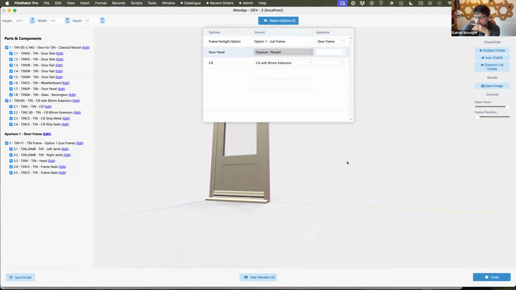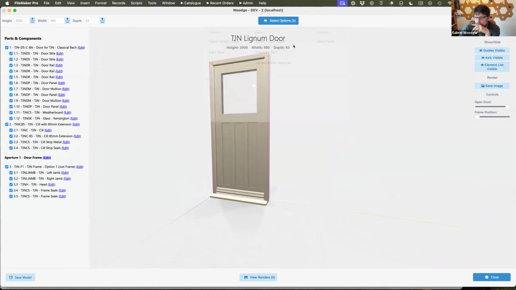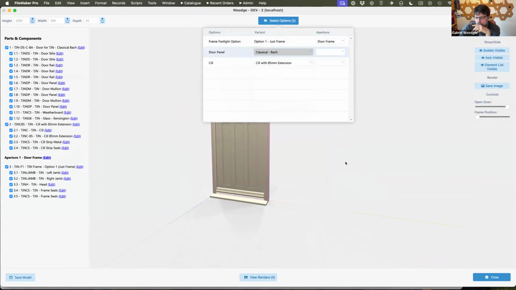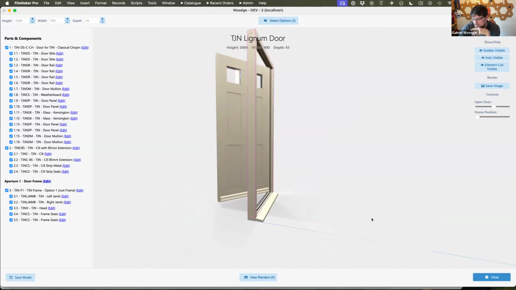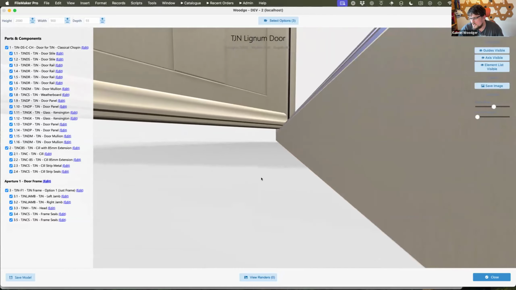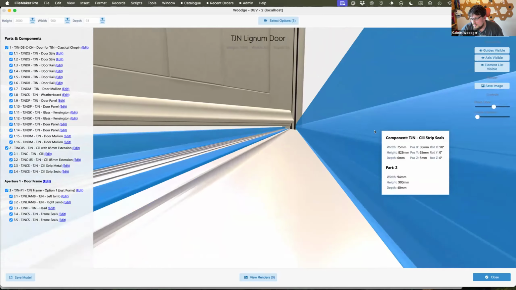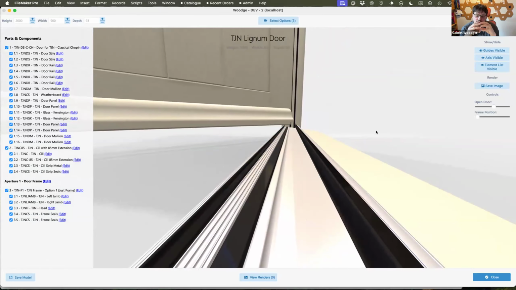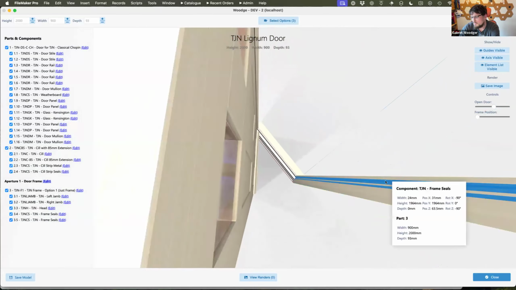Maybe we have a style like this that has a different size glazed panel, and each of these different panels inside of it are all driven by which product options are created. So you can see panels and other bits and pieces like that. And in here, for each component, we're able to provide a custom shape for the extrusion. You'll see the sills in here have a particular length, but they have a custom shape which determines how they look. This is how the doors and sills are made.